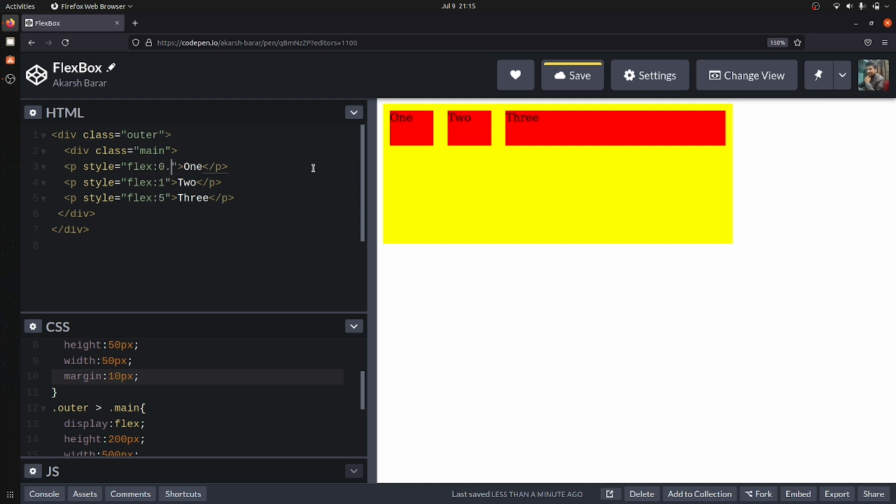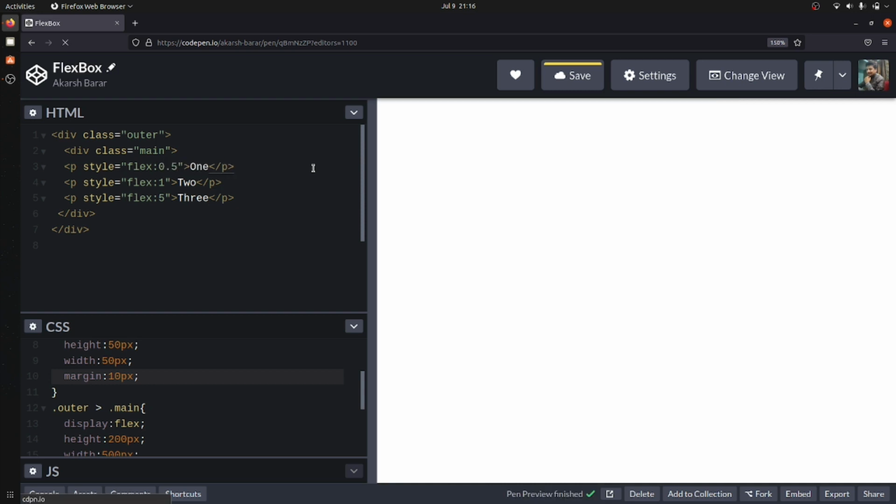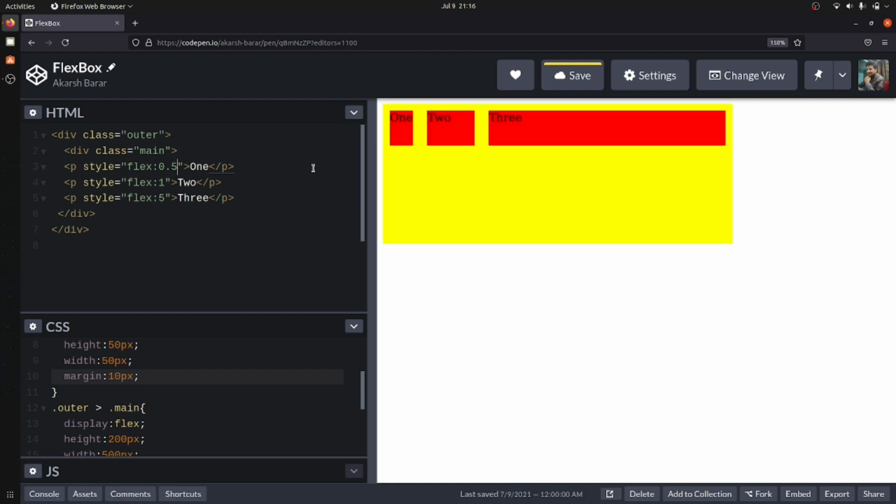I have not used a decimal point, so let me use 0.5. Let's see if it works. Yeah, it is working, so we can also use decimals. If you want to give a fraction of your page to a component, you can use the flex option to work with this. If you combine all these things depending upon your users, you can make your application responsive just by using these flex options and the other things I have shown. You can also merge them with media queries to make it responsive.